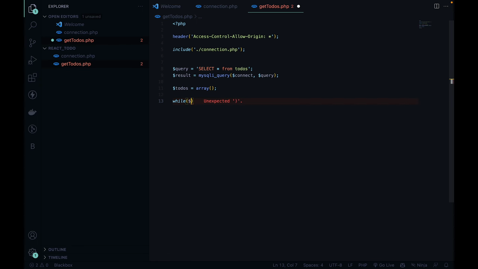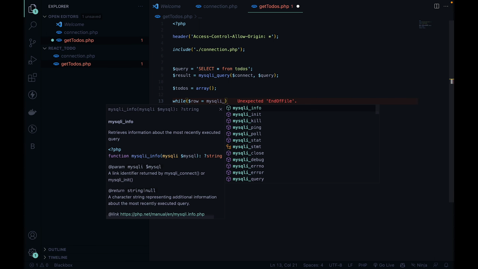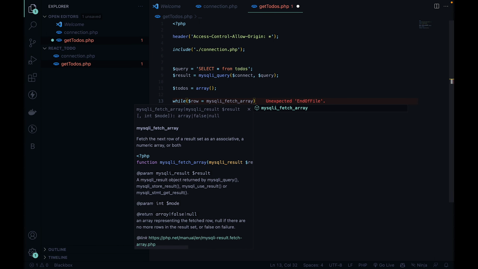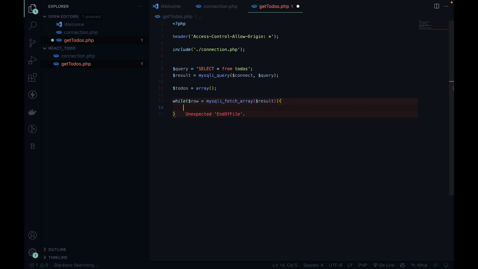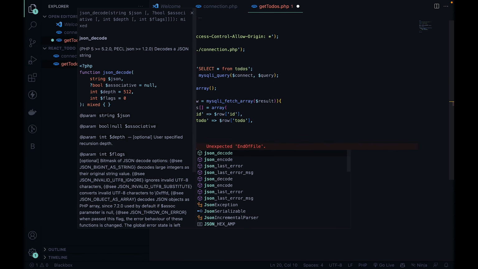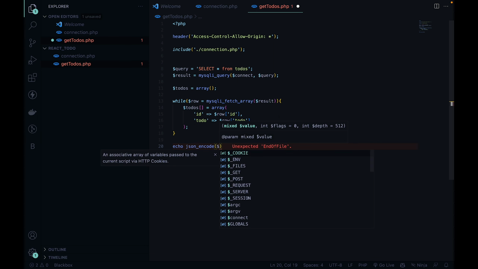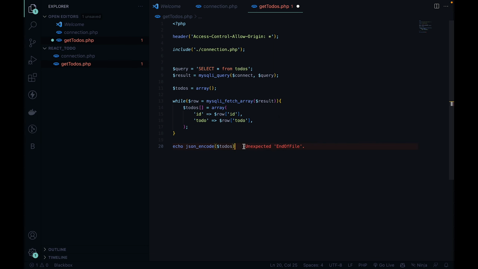So while we'll go through all of the todos, that would be row and mysqli_fetch_array, and we'll give the result in here, and $todos it'll be array, and in here we'll have id, and instead of name we'll have to do semicolon, and what we'll do echo JSON encode our todos and